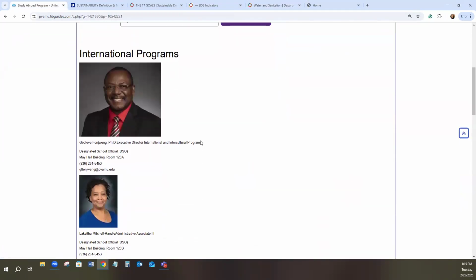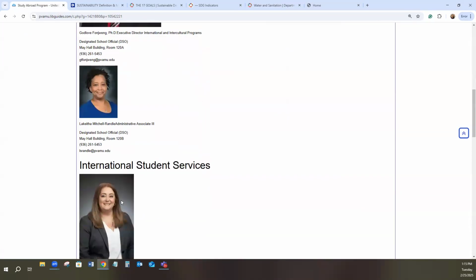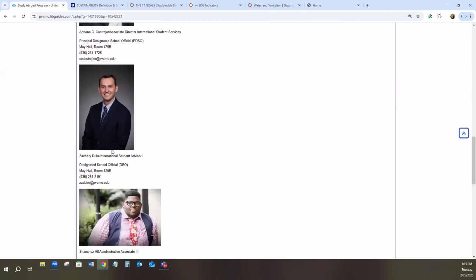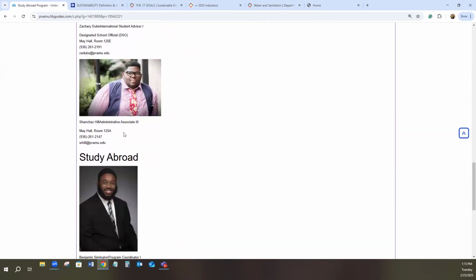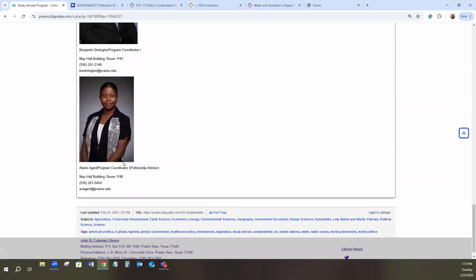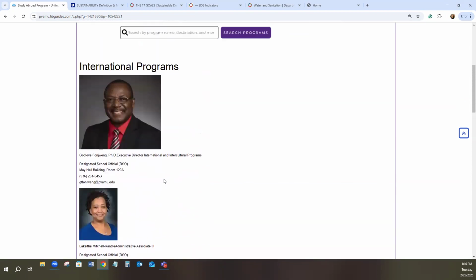These are the people who you would have to talk to. The director is Dr. Godlove. We have their administrative assistant, Ms. Randall, international studies advisor, liaisons, Ms. Andrea, and Mr. Zachary, or Ms. Adriana, Mr. Sanchez. We have our advisors. These are the people who you would go talk to, Mr. Symington and Ms. Agar. These are some wonderful people who I would love for you to get in touch with,